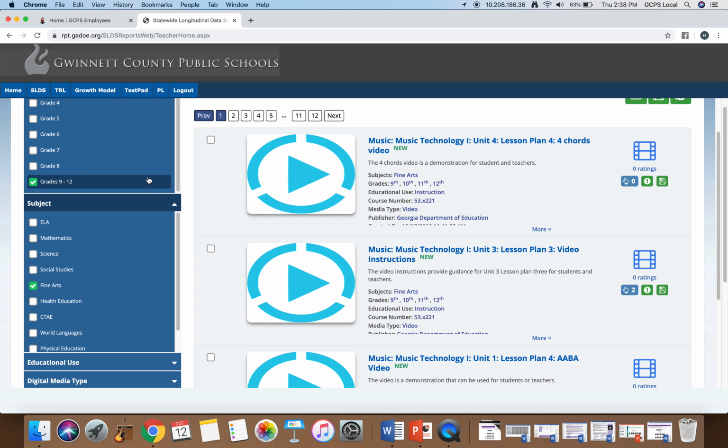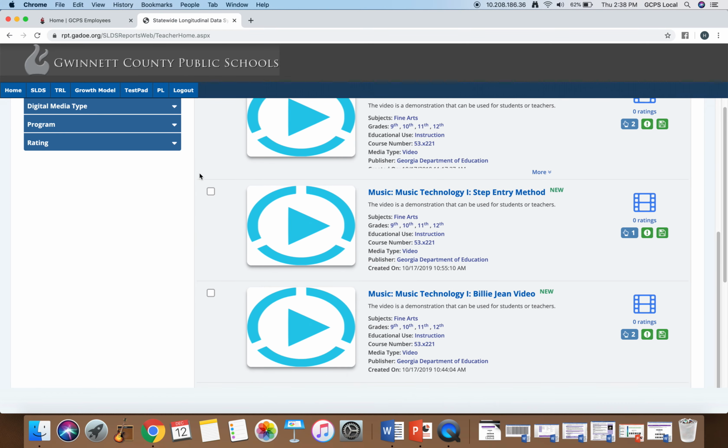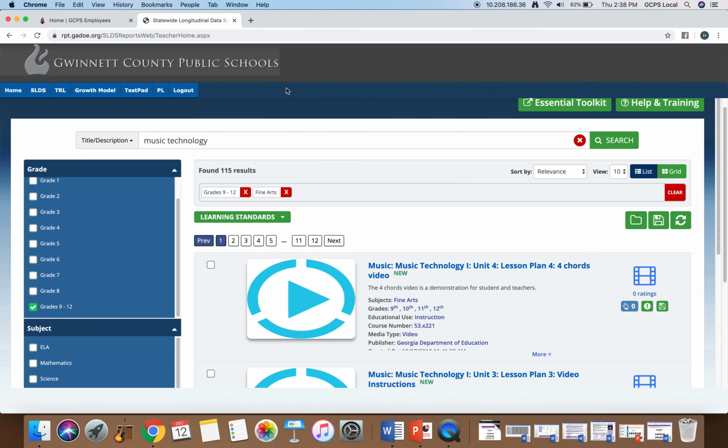There are resources here for band, orchestra, general music, choir. I think there's stuff for music theory. If there is a music course taught in the state, there should be resources here that teachers can tap into to use in their classrooms. So yeah, that's how it is. Spread the word, let people know about it, and you can always email me directly if you ever have any questions,